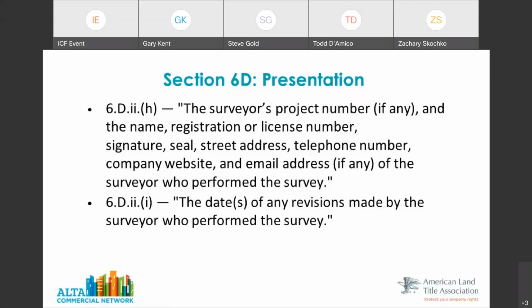But a revision date on the survey itself is helpful for everyone, number one, to keep version control of things as different versions of the surveys go out, but also so everyone knows that they are reviewing the most recent survey. So we have that as far as it's in the presentation section, but it's appropriate to be on the face of the survey. So, Gary, next slide.